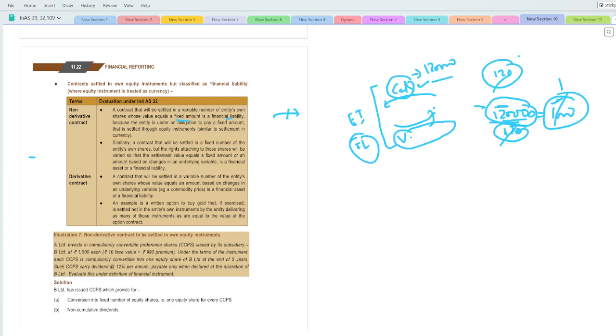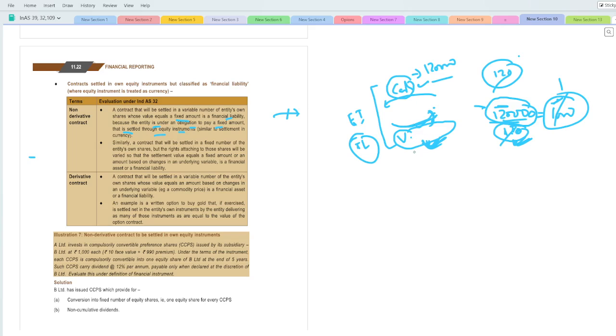is a financial liability because the entity is under an obligation to pay a fixed amount that is settled through the equity instrument। कि यहाँ पे आप क्या कर रहे हो कि जो आपको पैसा मिला है 1,20,000 और वही आपको पे करना है, लेकिन आप यहाँ पे किस फॉर्म में कर रहे हो, इक्विटी शेयर्स के फॉर्म में कर रहे हो यहाँ पे। इंस्टेड ऑफ पेइंग द कैश बैक, यू आर पेइंग इन द फॉर्म ऑफ द इक्विटी शेयर्स, और वो भी इक्विटी शेयर्स जो है उसका जो नंबर ऑफ शेयर्स है वो वेरिएबल रहेगा, बिकॉज यहाँ पे डिनोमिनेटर में आपका मार्केट जो प्राइस है वो वेरी कर रहा है। ठीक है,